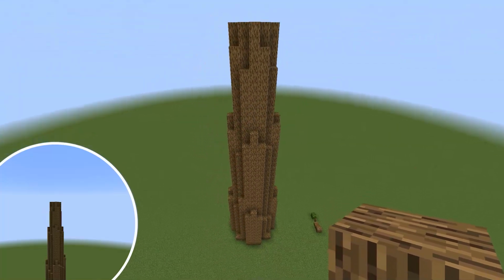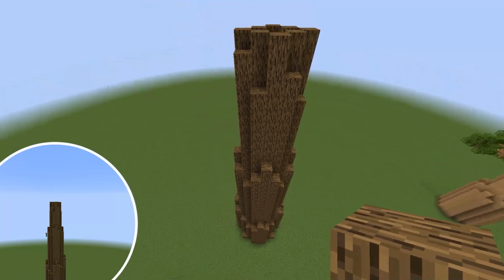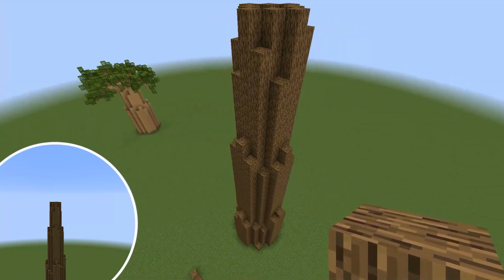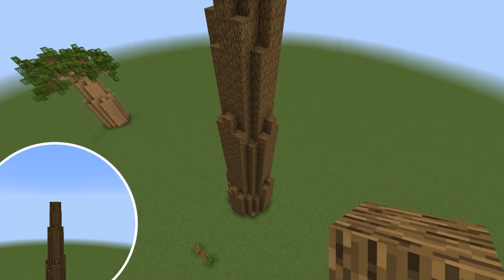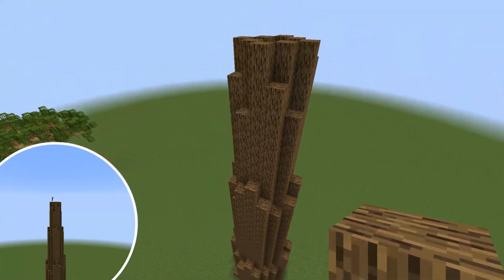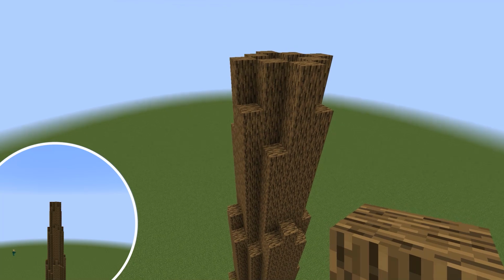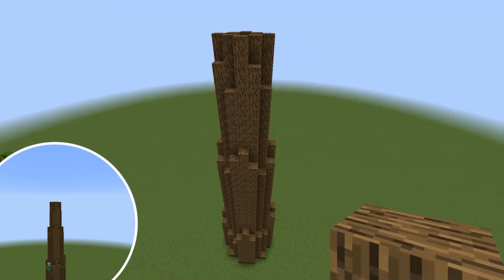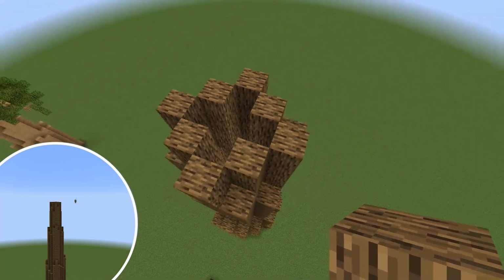Alright, you should have the whole tree filled in at this point, and currently my tree is at 41 blocks tall, so if that gives you a good idea of where you could estimate, I think 50 blocks total for the height is a good estimate for that size base. I wouldn't go any smaller than that just because this tree is meant to be very, very large, so 50 blocks high total would be a good minimum for your